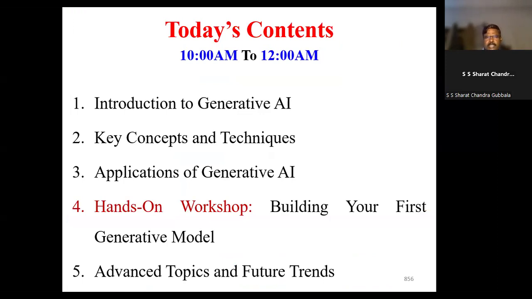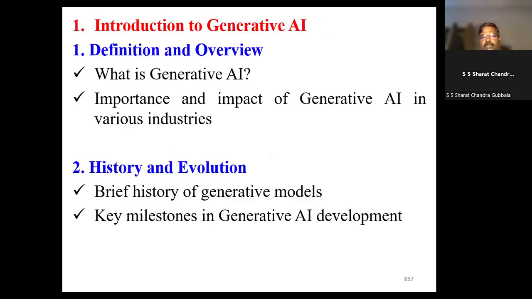And today's contents, 10 a.m. to 12, I'm going to concentrate on 5 concepts: introduction to generative AI, key concepts and techniques, applications of generative AI, hands-on building your first generative AI model, and advanced topics and future trends. In the first concept, introduction to generative AI, I am covering definition and overview, what is generative AI,